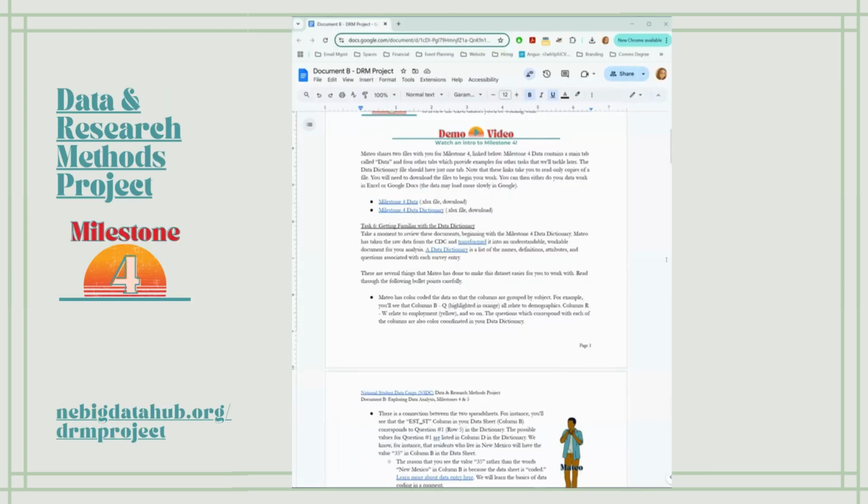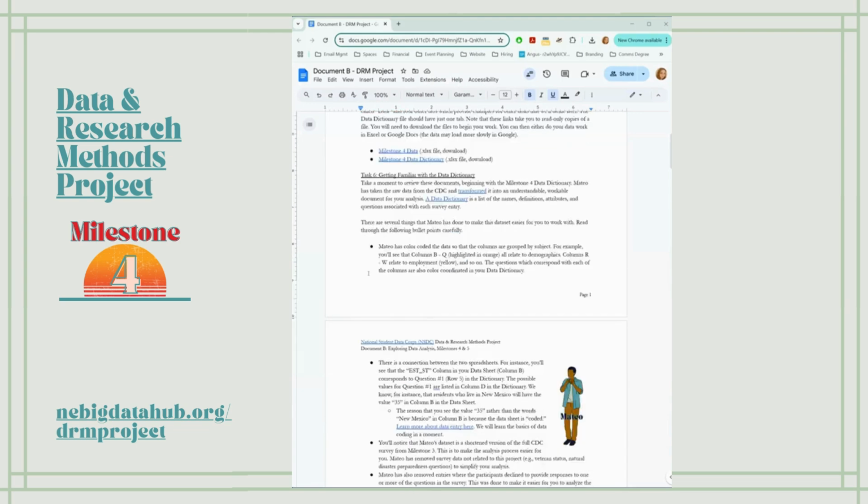Welcome back, everyone, to milestone 4. You should now have these 2 files opened, milestone 4 data and the data dictionary. Let's take a look at what to do next in task 6, which is about getting familiar with the data dictionary. So it says,